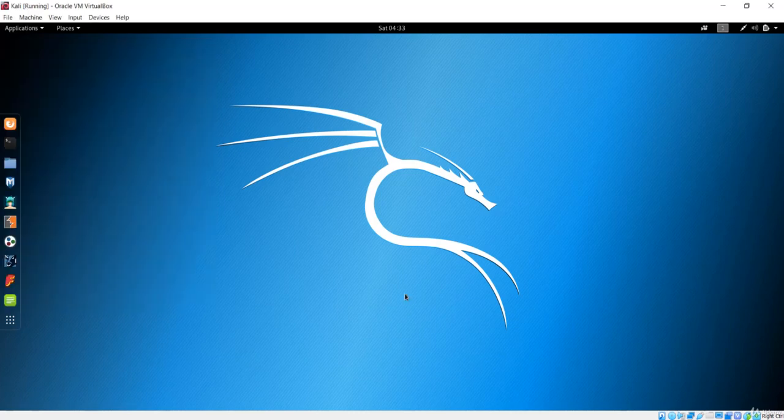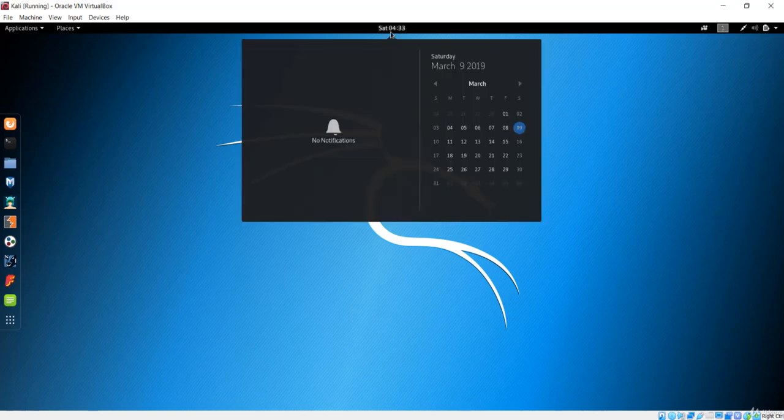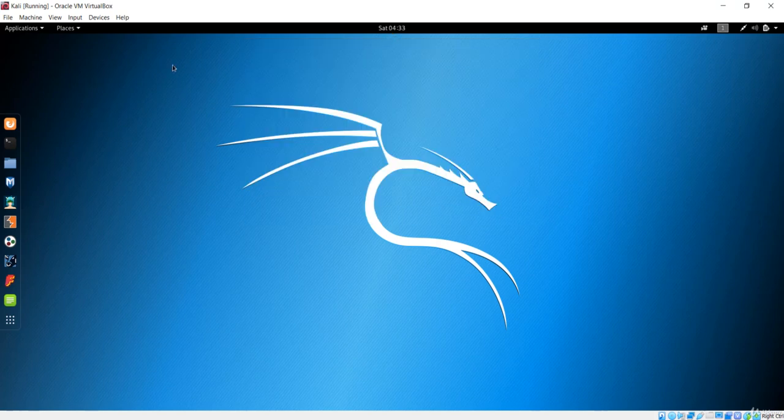Welcome to this lecture. In this lecture, we'll see some of the important Linux terminal commands, and we are going to use Kali Linux for this section. So you can see the interface of Kali Linux over here. You can see the calendar and the time displayed at the center, and at the left-hand side you can see